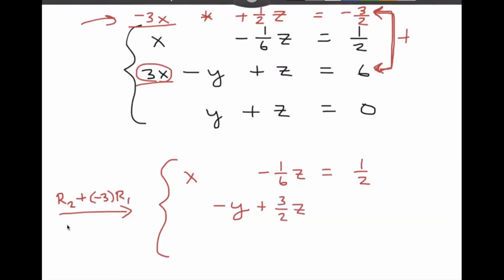And then negative 3/2 plus 6. So here we need a common denominator. Negative 3/2 plus 6. We're going to think of that as negative 3/2 plus 12/2. Negative 3/2 plus 12/2 is 9/2. All right, and we are not doing anything to the third equation. So after doing this elementary row operation, row 2 plus negative 3 times row 1, we end up with this